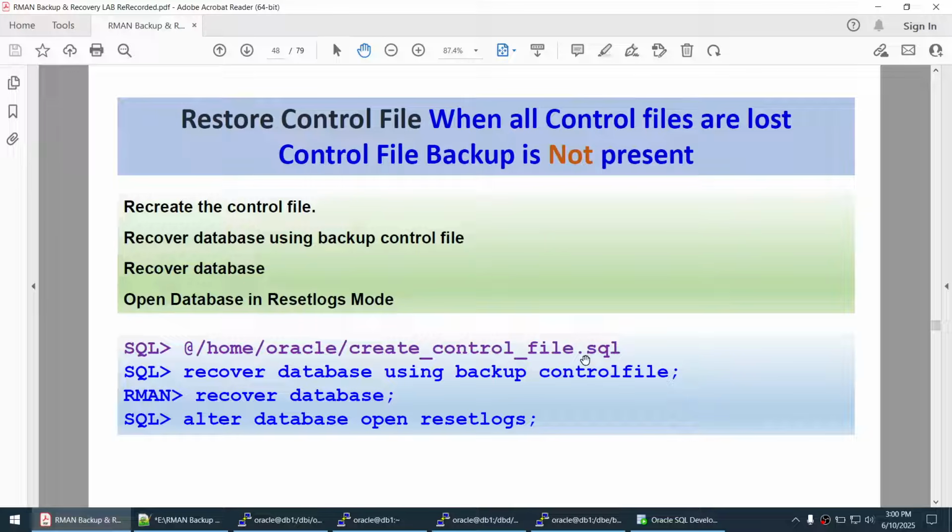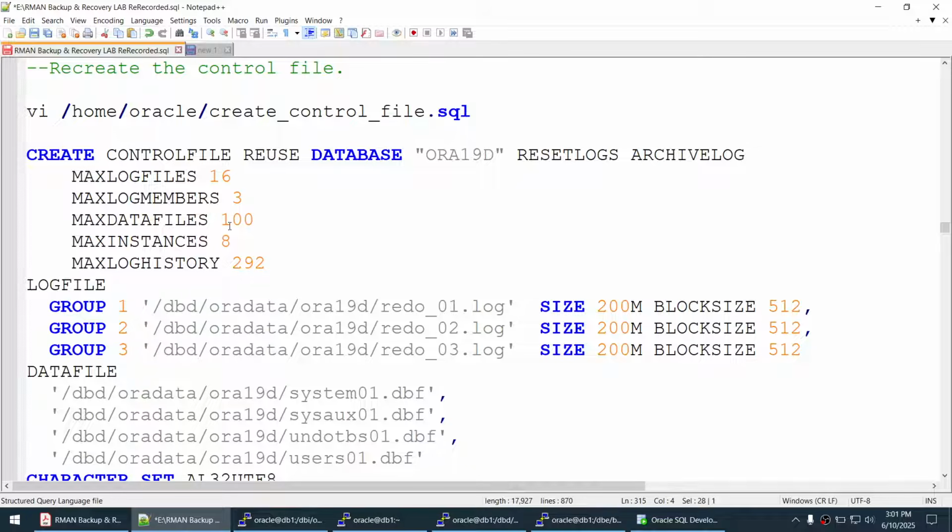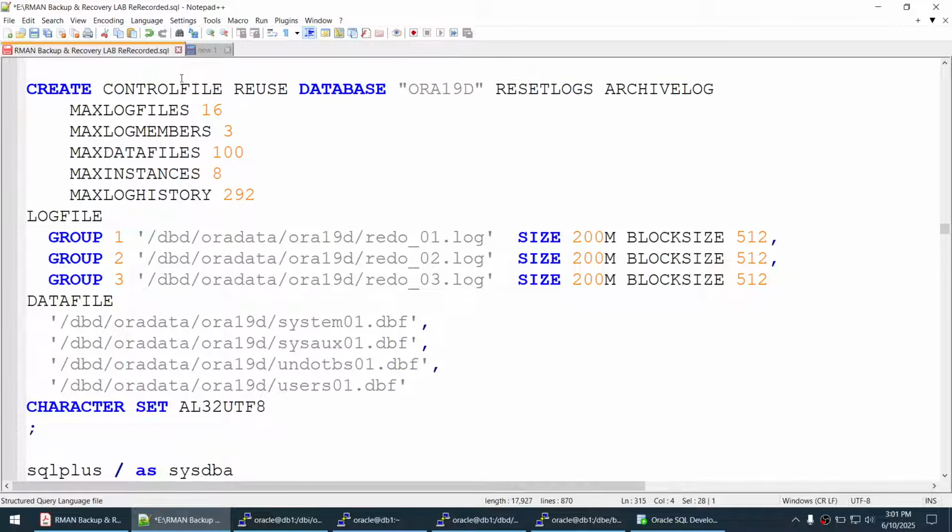How do you create the control file? To create the control file, you'll have to use something like this. You can see this is a create control file statement. This is a plain SQL file. We'll start our database in the no mount mode, and we will run this particular